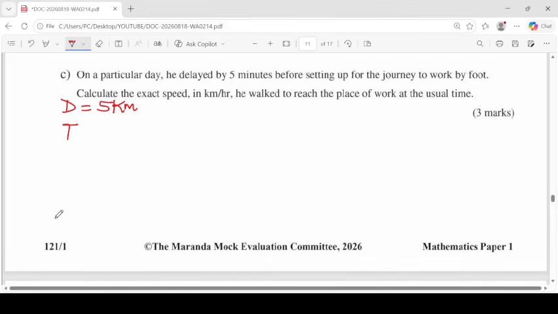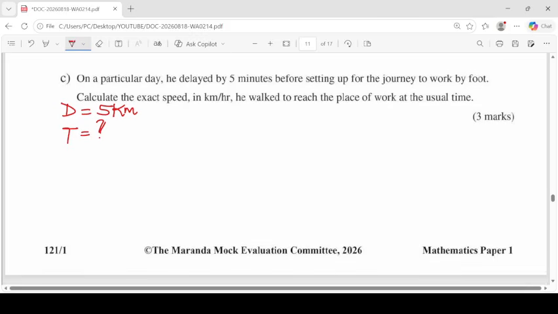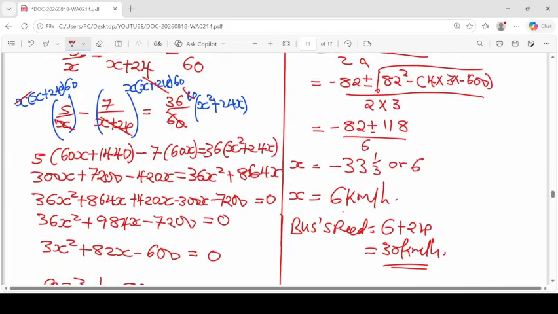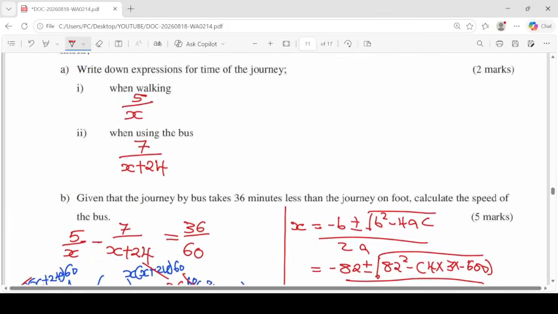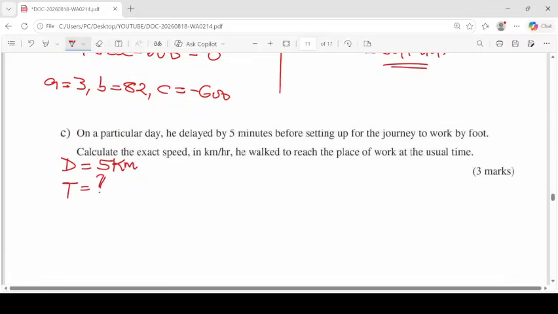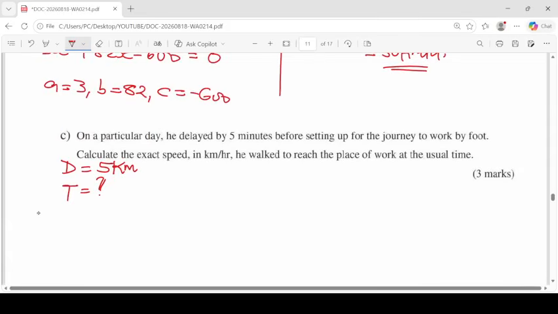So we need to get the time, then from it we'll see. Remember, let's get the usual time taken while walking. Usual time taken, let's come back here and have a look. The time taken while walking is given by 5 over x. Usual time taken